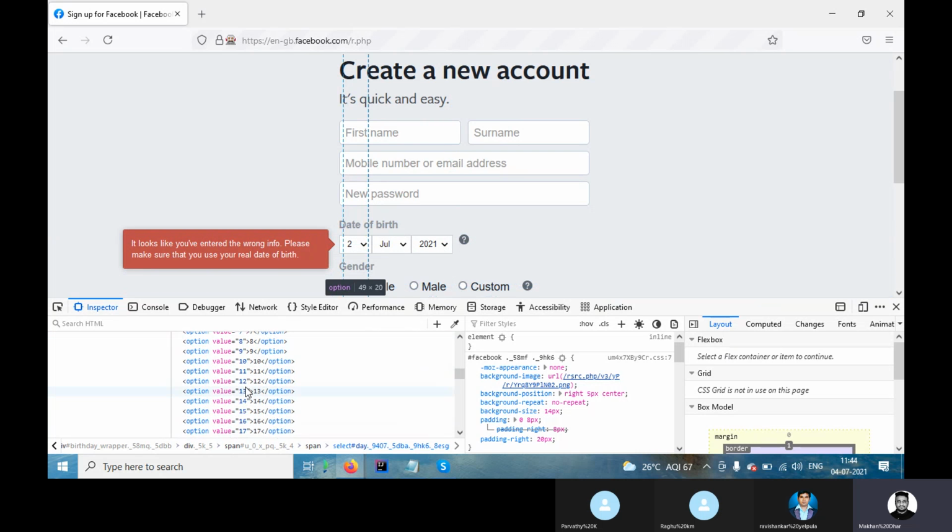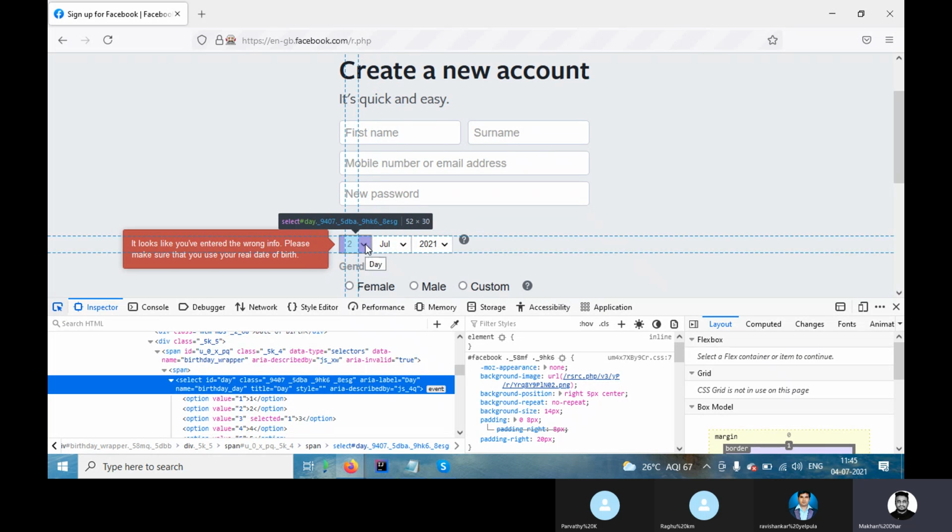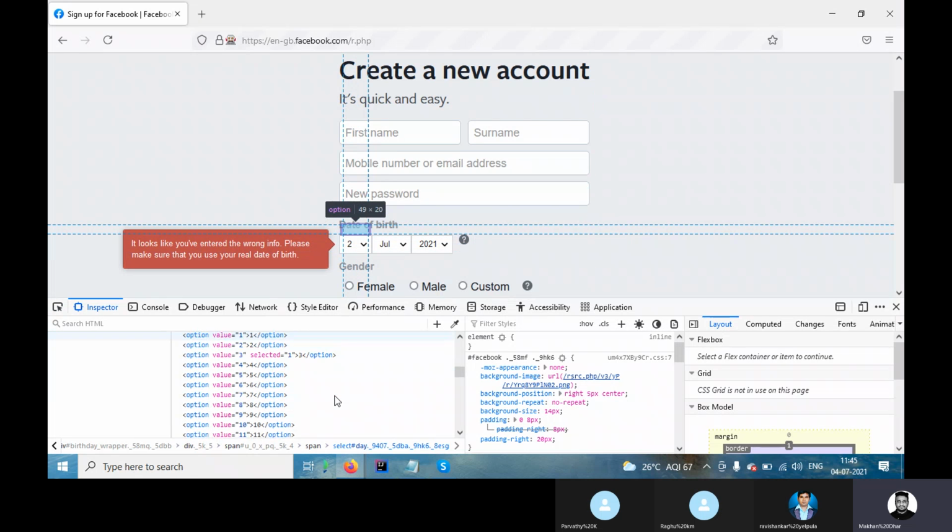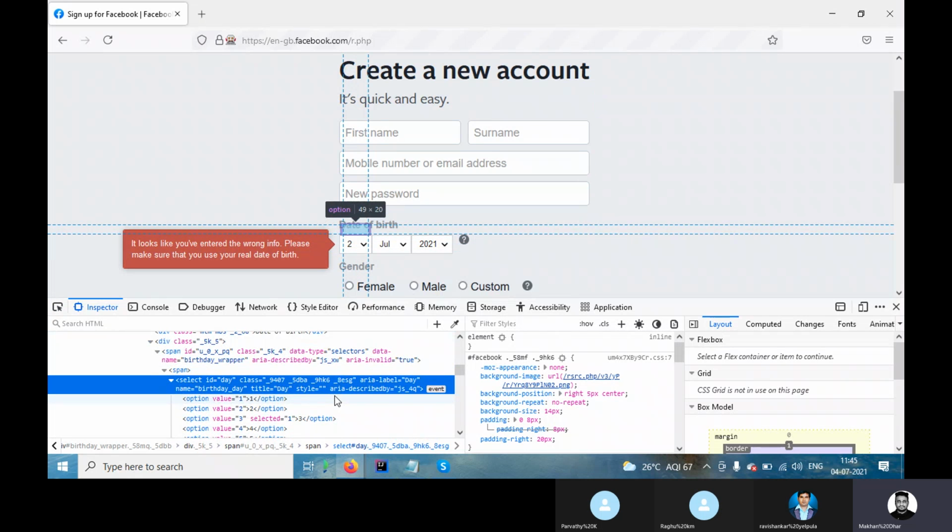Sometimes, for a few applications, in real time, you do not get such values. Suppose you want to locate this element but nothing is there. You are not able to do anything, so you can't automate that. For that, you have to reach out to the developer and ask them to make changes on the HTML page.